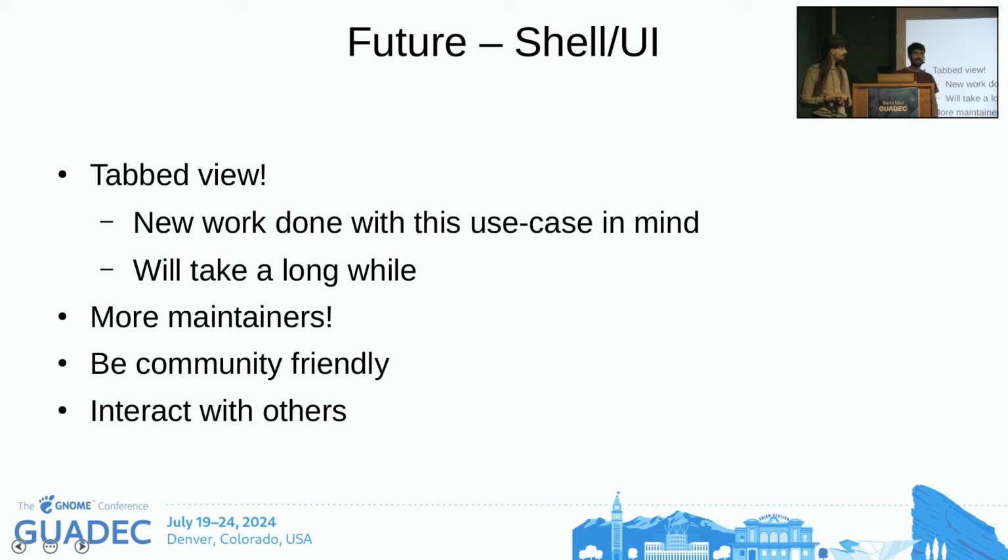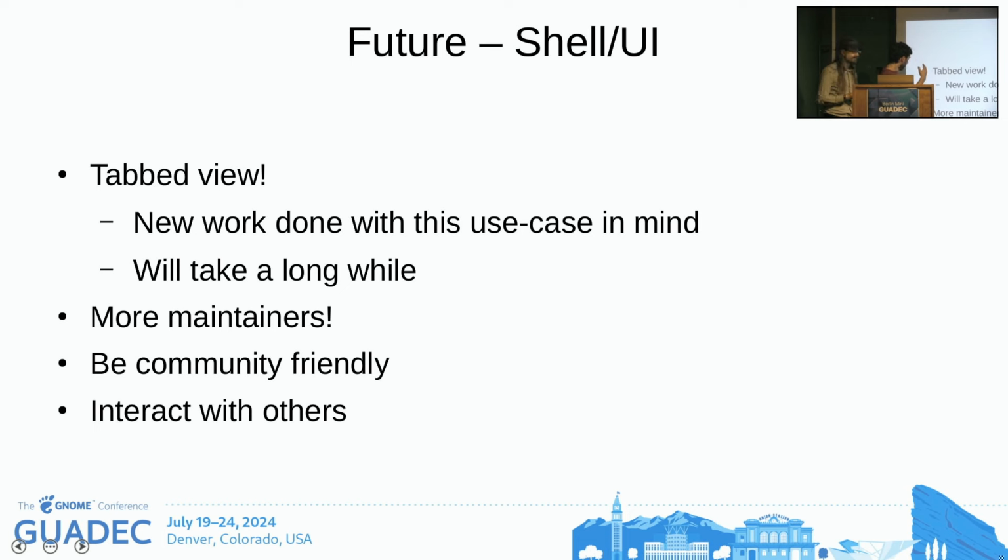We want it. For that, we have the problem that each Papers window is its own different app, so there has to be a lot of work around it, including, for example, isolating different documents from each other. So if one crashes, it doesn't take the whole application with it. So it will take a long while. I would say at least a couple more years, but we are working towards it. We want it, if you're interested.